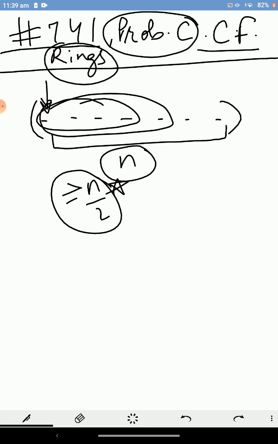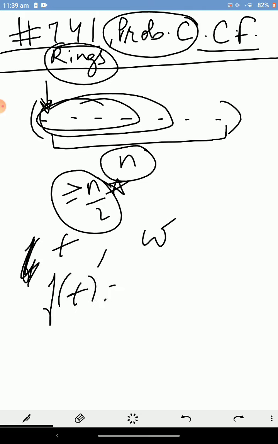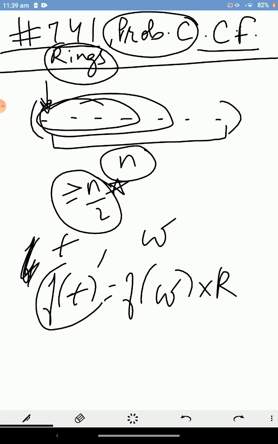The second part is that, suppose the first substring is t and the second substring is w, then we need f of t, where f is a function, to be equal to f of w into k. This f function is defined as a magic function which converts a given binary string into its decimal equivalent.